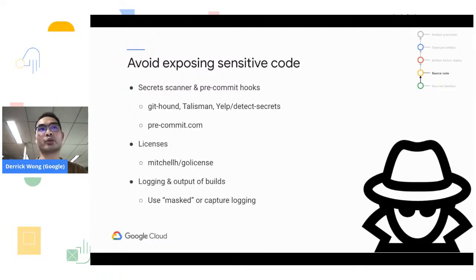You can use something like pre-commit.com, right? It is a hook, so that before you can commit the source code successfully, a tool will be triggered to scan your commit. For example, the source code you're committing, and also the description you commit, right? So to make sure there's no sensitive information with the commit. And then something like license checks,